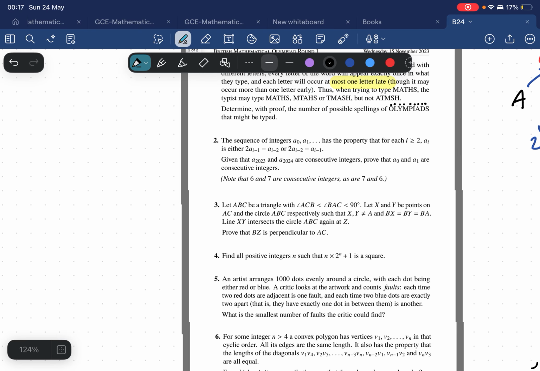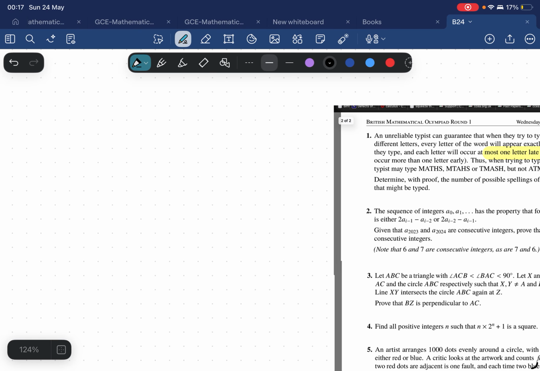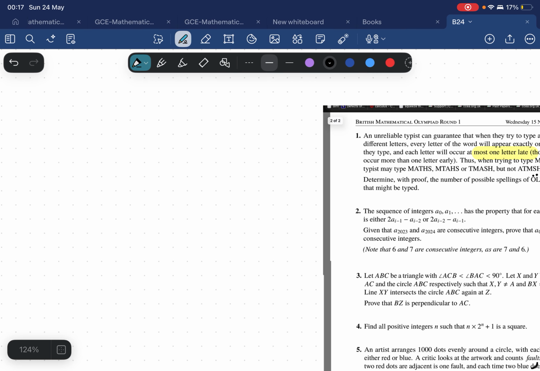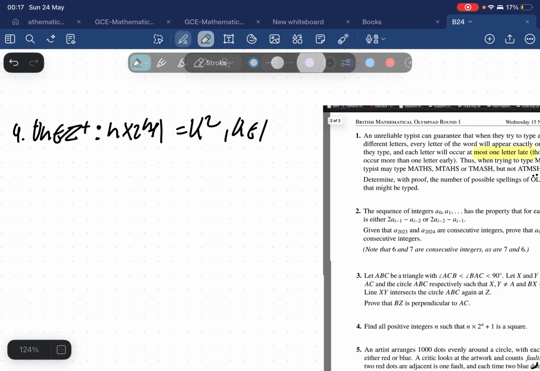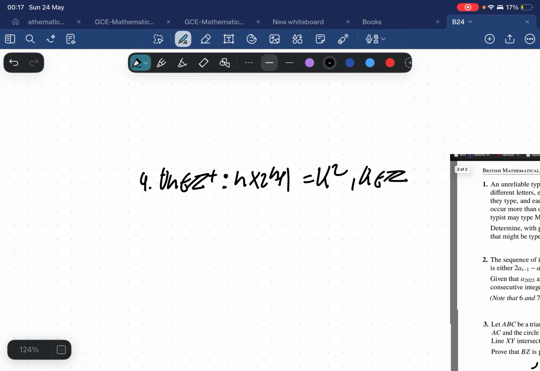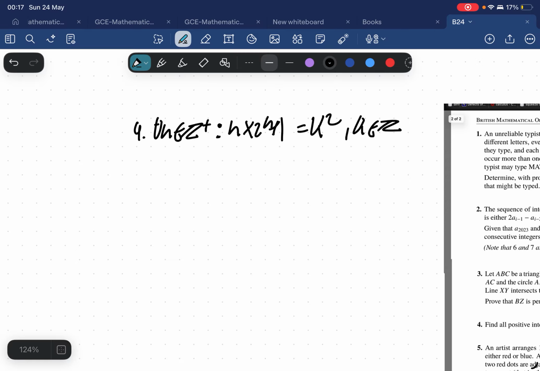4. Problem 4 looks, I don't know, deceptively evil, or simple, sorry. 4. 2^n times n plus 1 is equal to k squared, or k, I guess k could be an integer. Okay, so